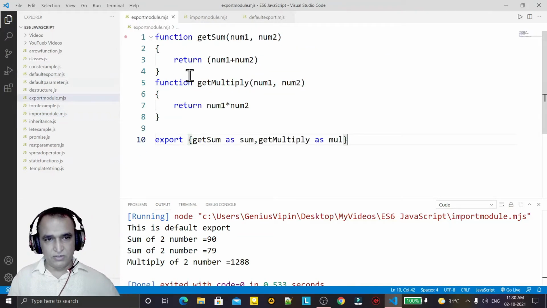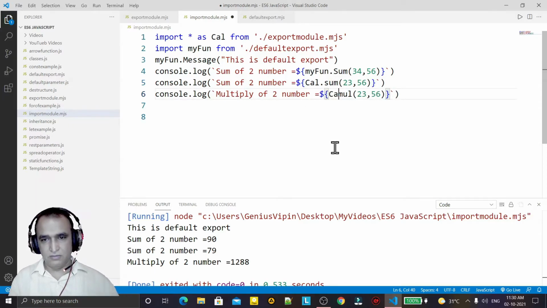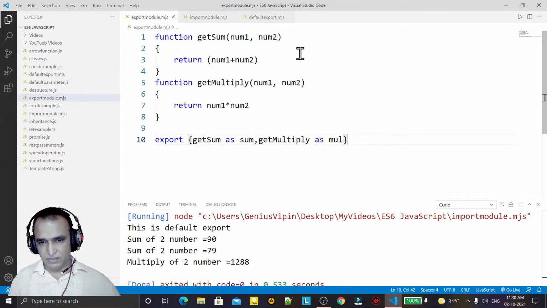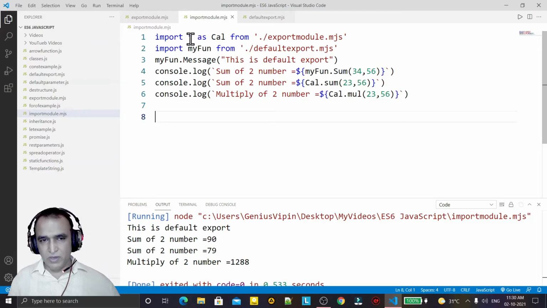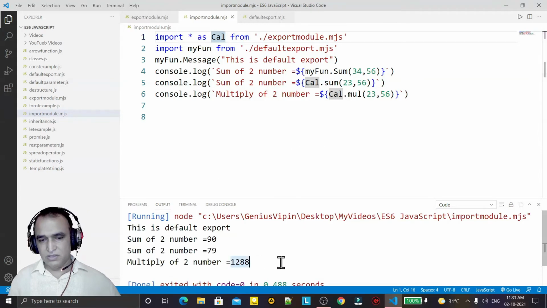All these functions defined here I am using together in cal, and while using sum I can say cal dot sum, and cal dot multiplication. So the concept is the same, but in place of importing individually one by one, I give the name for all the methods or functions. I can give only one star and the object, and with this I can access them. If I try to run this, I have no problem at all, the same output is there.